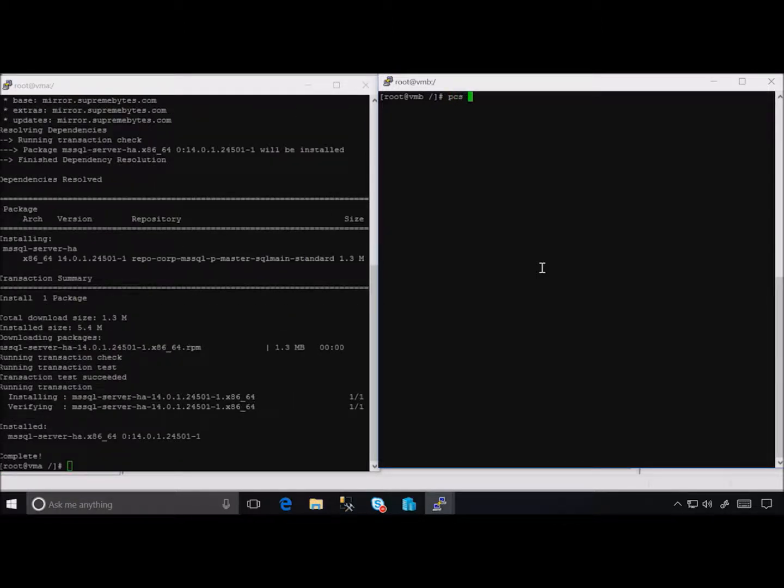So, PCS cluster, we're going to save all the changes in this temporary file, and in order to add a resource to the cluster, we're going to use the PCS resource create command. Let's call it MSSQL HA and add the rest of the parameters and a timeout for Pacemaker to start